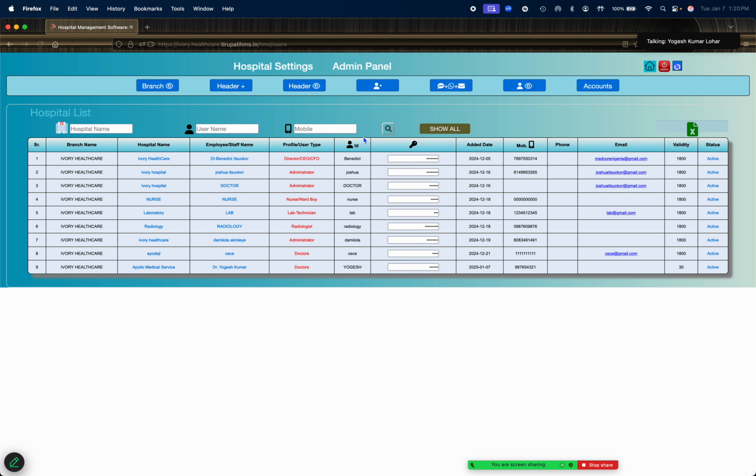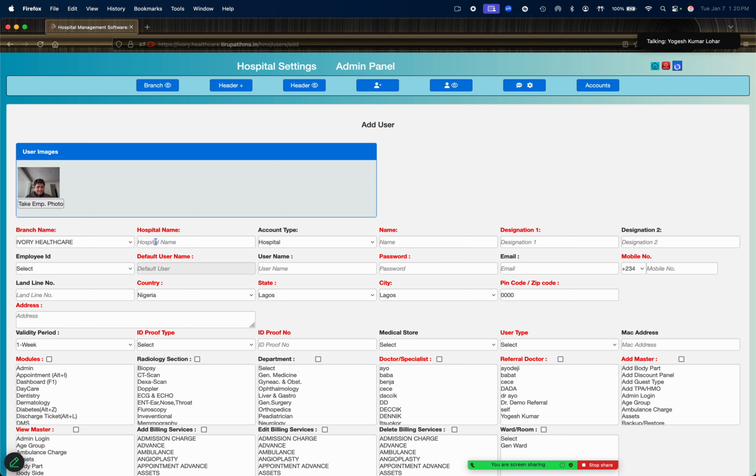So now we go to the user plus icon to prepare a new user account here. Here we will enter the details of the pharmacy, the name DA pharmacy, and here I will prepare a username and password, DA, the same password DA. Okay, and the mail ID I am using here is pharmacy@gmail.com. Mobile number is 11111. Okay, this way.